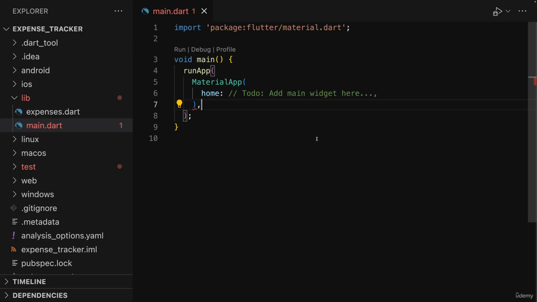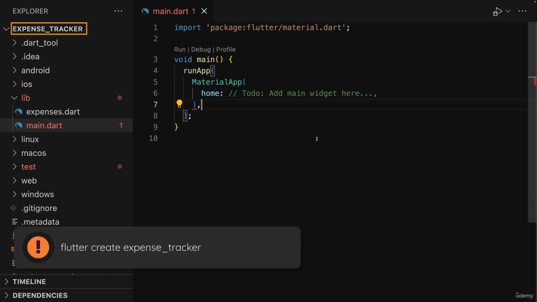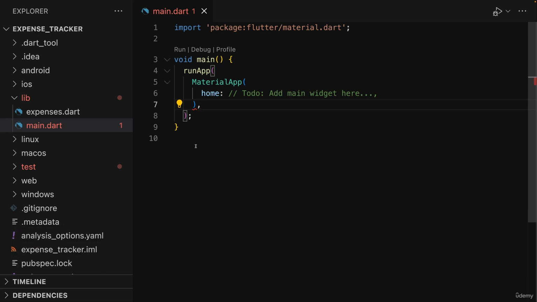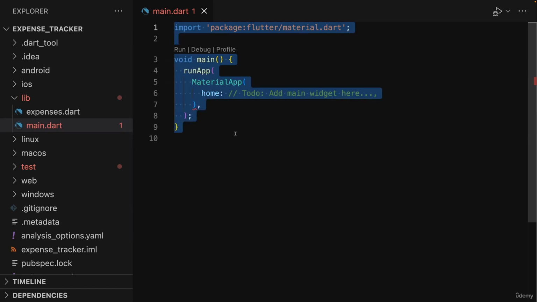So let's dive right in. And for that, you of course should create another new Flutter project with the Flutter create command. Here I created a project called expense tracker with Flutter create expense tracker. And then attached to this lecture, you find a main.dart file, which you should use to replace your main.dart file in your project, or simply copy the content of the attached main.dart file and replace your main.dart file's content